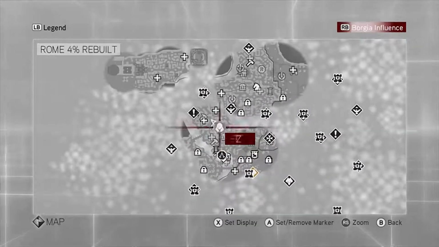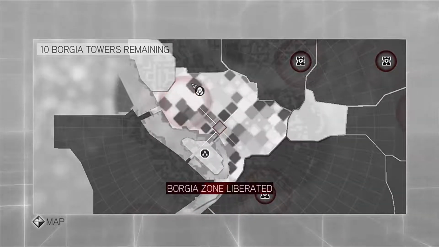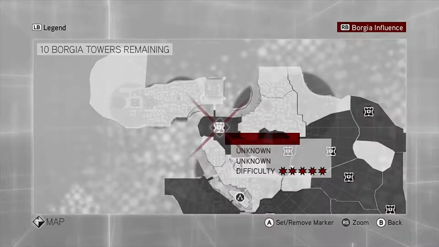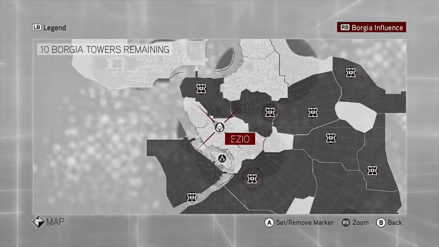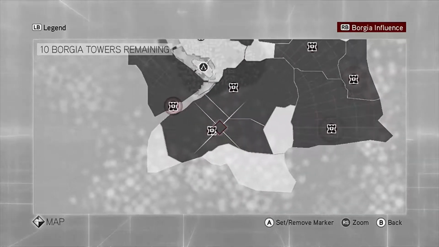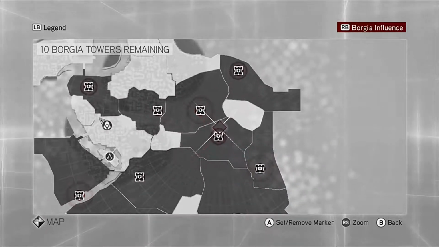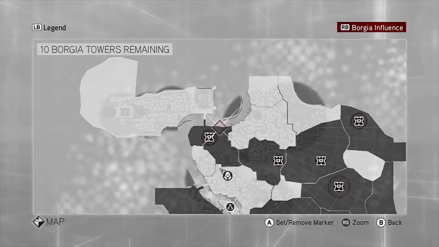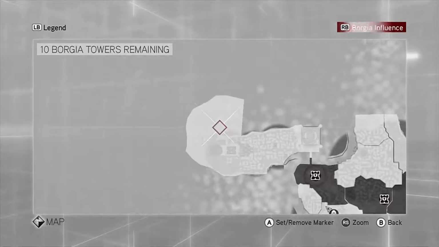So, where are we going? We're going towards this one now. Okay, so we have freed this section. I wonder if we should bother... That one's got a difficulty of 5. Wonder if we should bother with that right now. Difficulty of 4, 4, 3, 4, 2, 3, 2, 5. Check this one. 4. Okay. Huh. So...